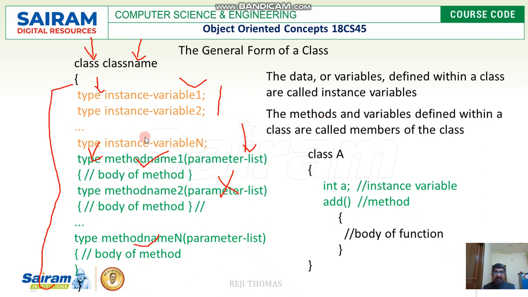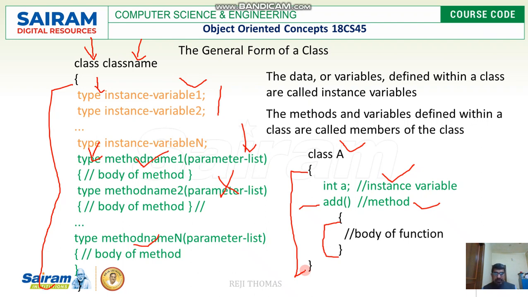So for example, you can see a class. We have taken the class name as A, where you can find a variable or data member, and we call this as instance variable. And you can also find a method called add. So this we call it as a member function or member method, and whatever you do inside these two braces is going to make the body of the method. So this is the entry point where your class starts and which ends here. So we have successfully created a class with one instance variable and one method.